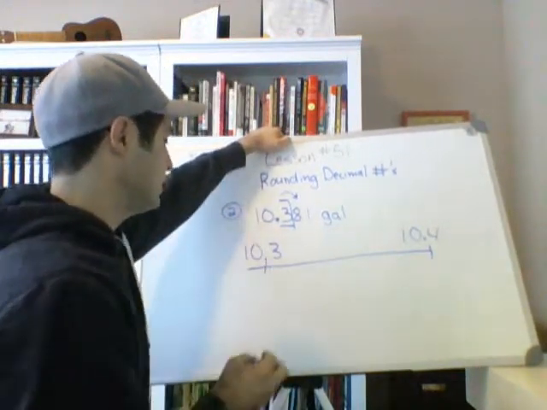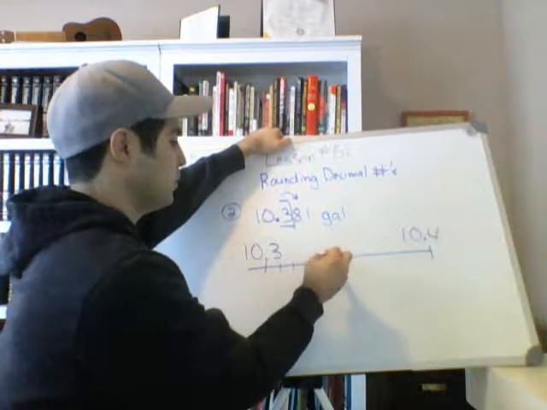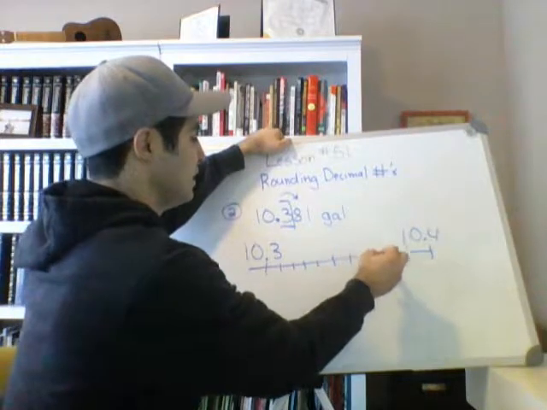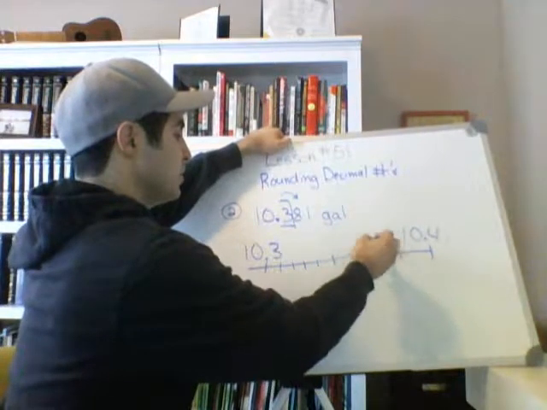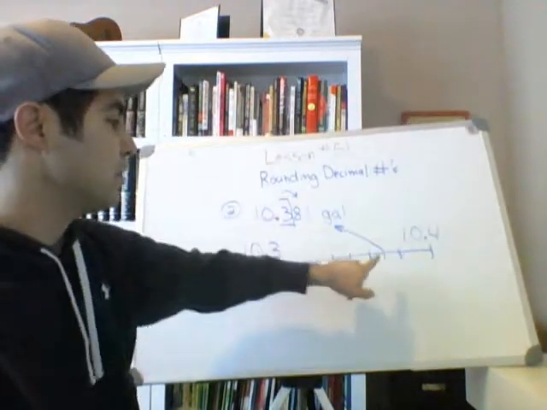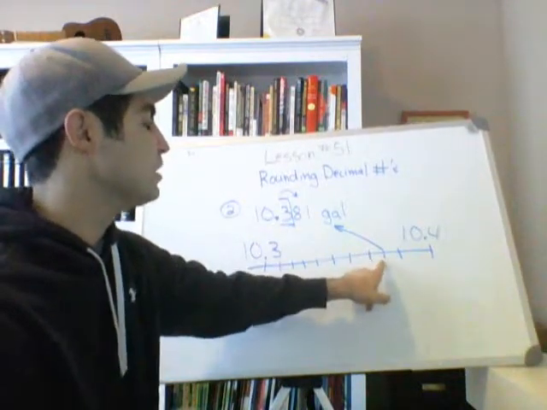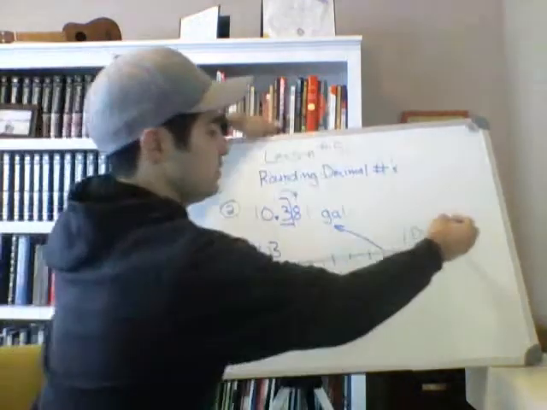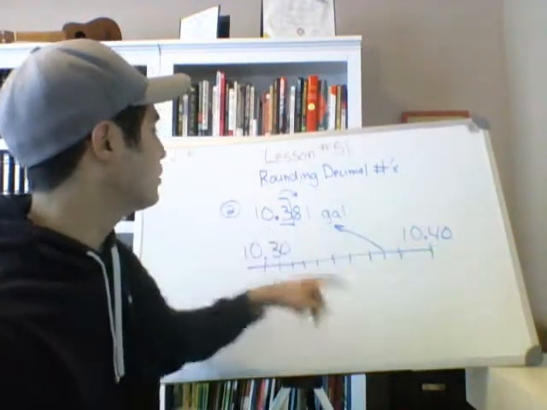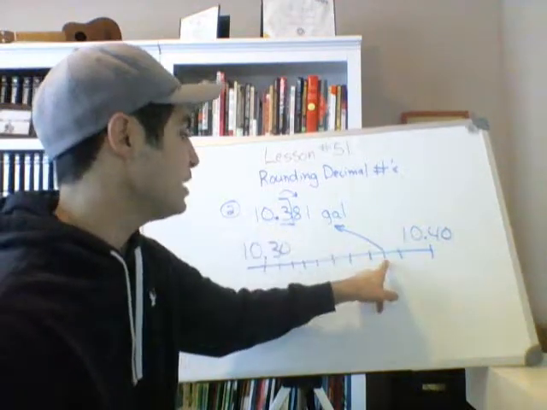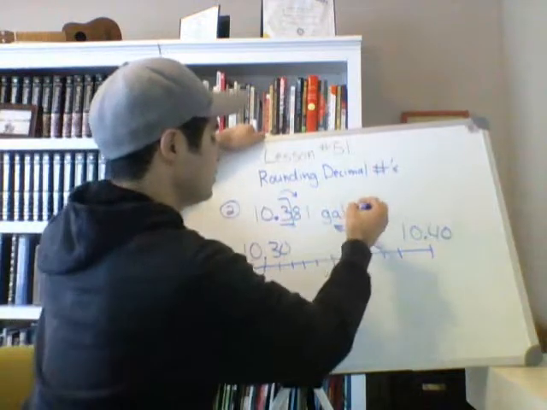Now, if we wrote 10 hashes in between here, 1, 2, 3, 4, 5, 6, 7, 8, 9, 10, this number right here would be right here on the number line. And it's clear to see that 10 and 38 hundredths is a lot closer to 10 and 40 hundredths. Remember, we can add zeros right there. So this is 10 and 30 hundredths, this is 10 and 40 hundredths. 10 and 38 hundredths would be right here on the number line, which is a lot closer to 10 and 40 hundredths. And so this would round to